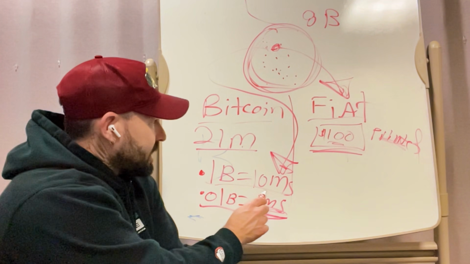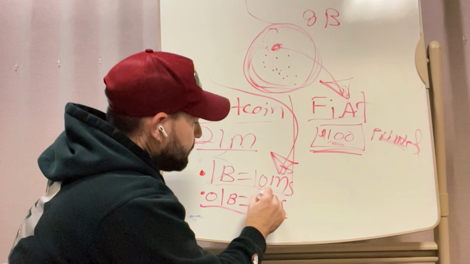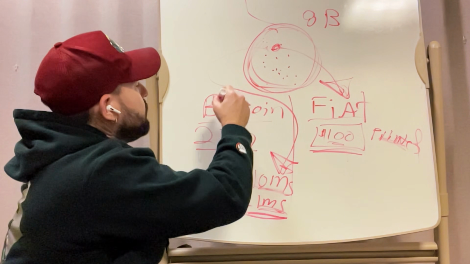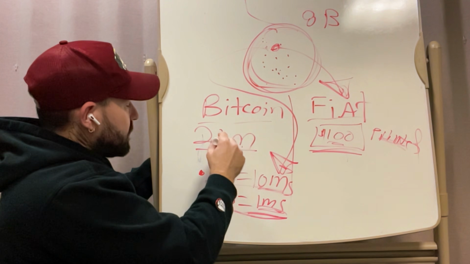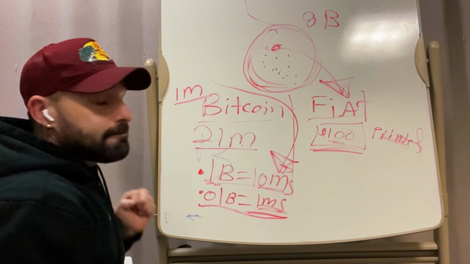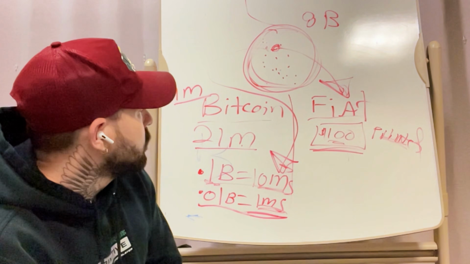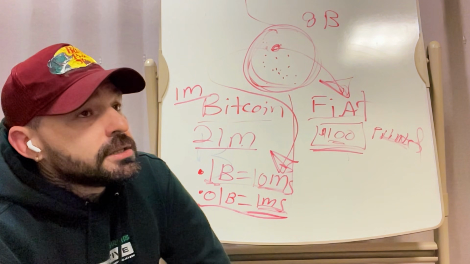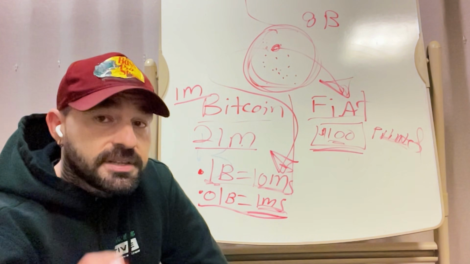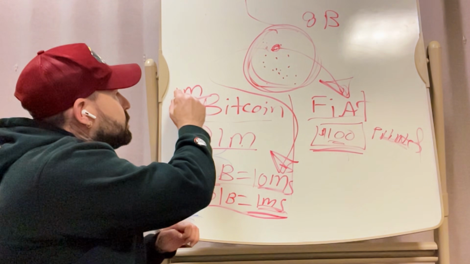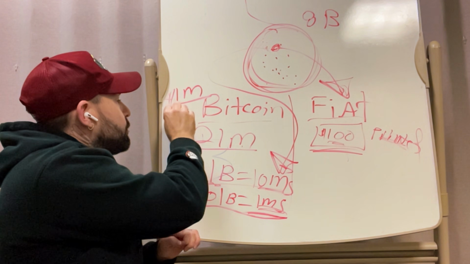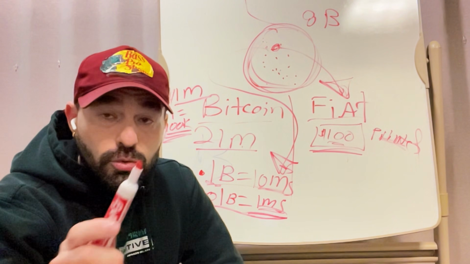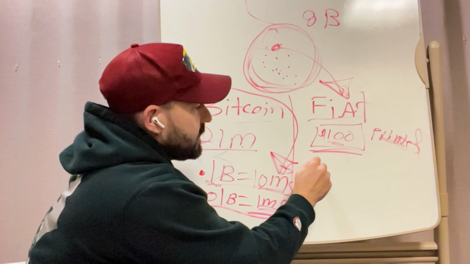Now, let's say that 10 million Satoshis, or excuse me, let's say 0.1 Bitcoin, right? Say you have 0.1 Bitcoin. And Bitcoin hits, I ran out of space, 1 million, right? So here's the usual argument. Well, Mr. Bitcoin Maxi, Bitcoin is meaningless at 0.1 Bitcoin. Here's where people are wrong. At $1 million Bitcoin, 0.1 would equal $100,000.